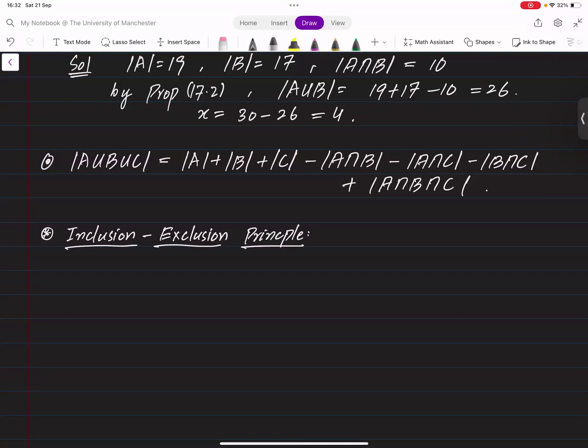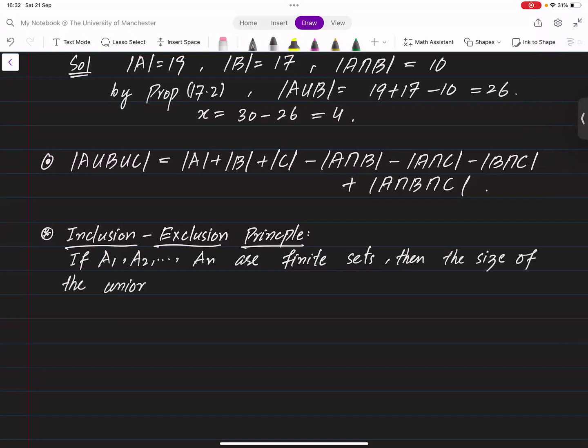And that is, if A1, A2 up to AN are finite sets, then the size of the union of all these sets can be calculated